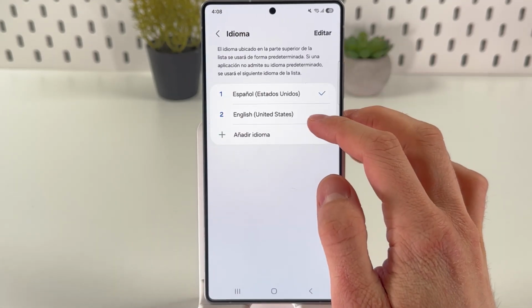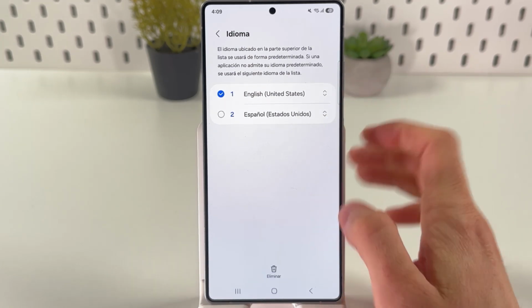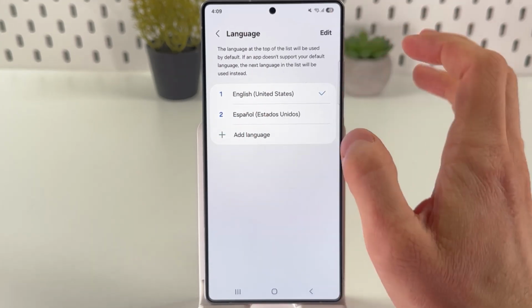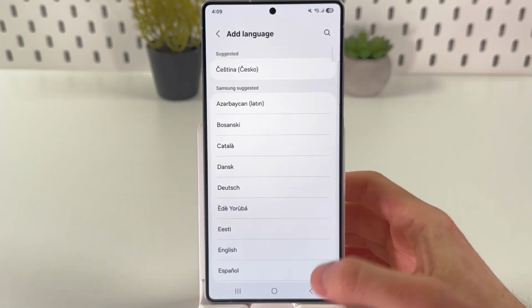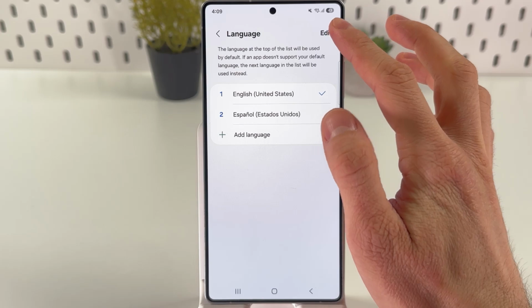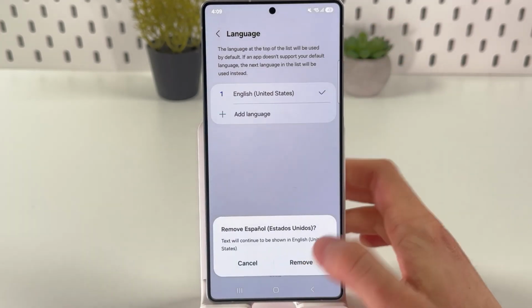You can either hold on your English language and put it at the first position and your phone will switch to this language automatically, or you can do this through your Add Language menu. If you want to delete another language, press Edit, choose the language which you want to delete, press Delete, press Remove,